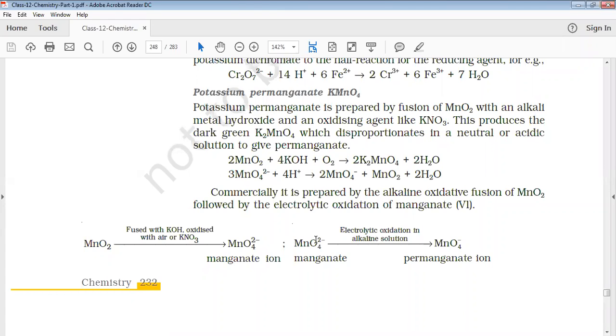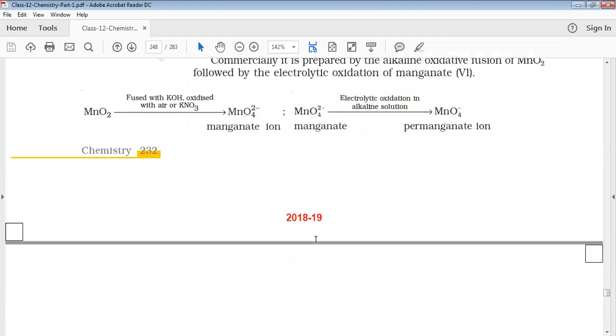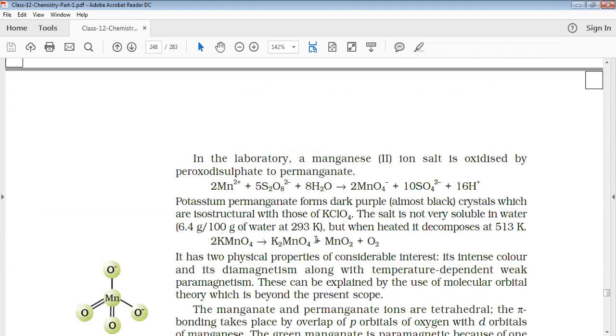You should know the reasons for this, because they will ask in the give reasons section. It means to say why alkaline condition is used during electrolytic oxidation of conversion of manganate to permanganate. Justify, they ask. So such questions will be useful for you. Okay? Next,